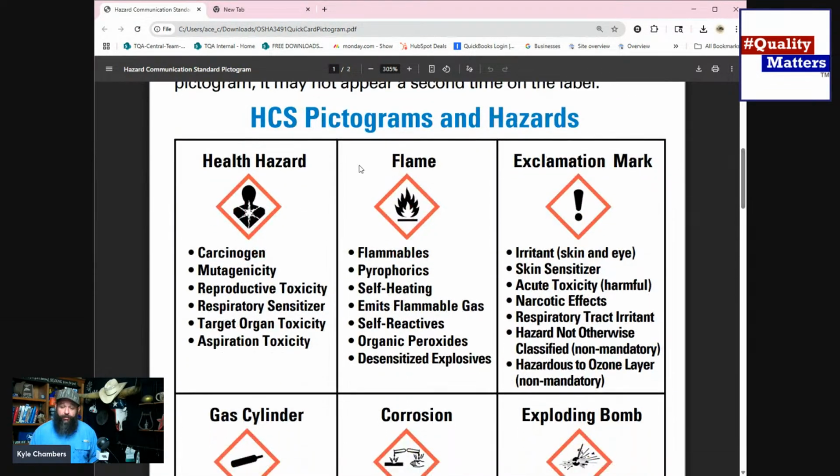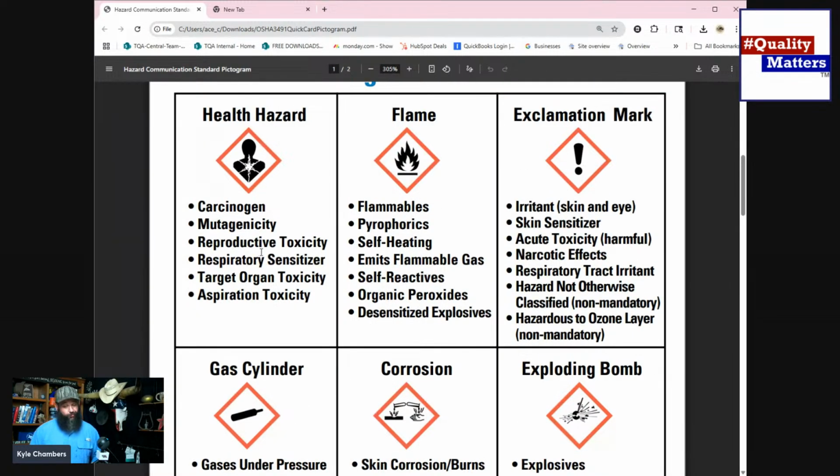So health hazard. So we're going to have a picture of the dude with kind of radiating nastiness coming out of his chest. This means it's carcinogenic, mutagenicity, meaning it's going to make your cells grow kind of funky, kind of along the same lines of stuff that causes cancer. Reproductive toxicity, that's no good. Respiratory sensitizer, going to tear up your lungs, make it so you can't breathe no more. Could be a target organ toxicity or aspiration, like you just can't breathe at all. This is stuff that's either going to kill you fast or kill you slow, but it's probably going to kill you. It's pretty nasty stuff. All right. And so you know that because you see the guy with the thing radiating out of his chest.